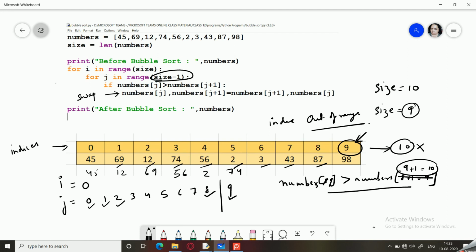So this is how it will continue for a number of passes. Next time i will be 1, and again it would start from 0, 1, 1, 2, 2, 3, 3, 4 up to 8, 9. Then again i will be 2. So this would continue up to 9 because we are considering all the 10 passes. So this is how we will do the dry run. You don't need to do the complete dry run. One dry run of the first pass is sufficient to understand how this algorithm works.